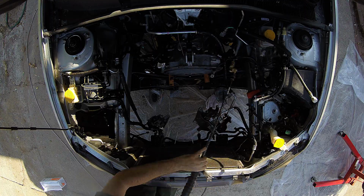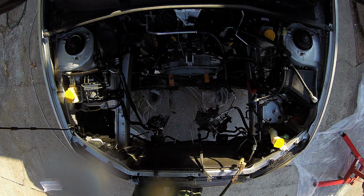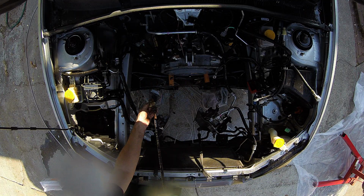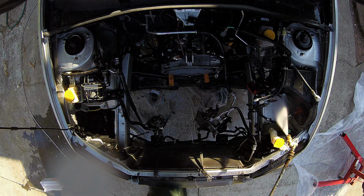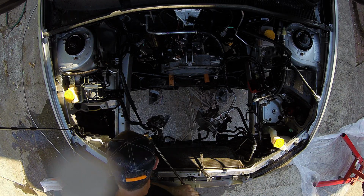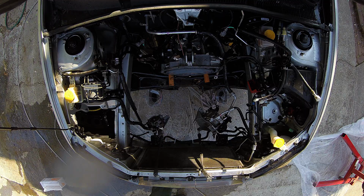So you may be wondering why am I pressure washing it again? Didn't I do that in the last video? And yes, I did. So the thing about it is that you can only get to what you can get to while the engine's in it. And there's still so much grease and nastiness, and I'm gonna have my hands all over this thing,